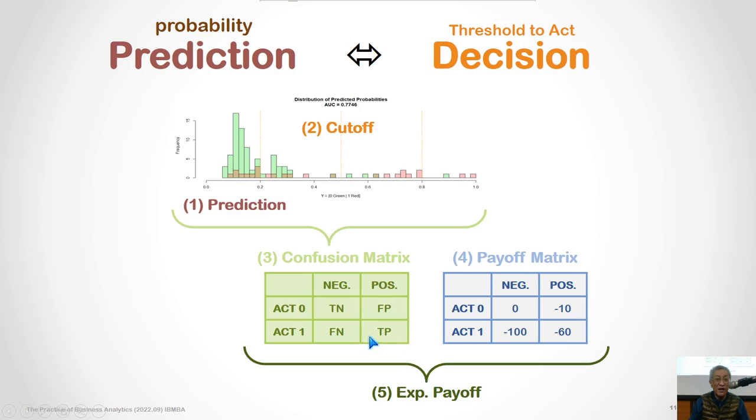Okay. So if I have a confusion matrix, I actually do not know what my expected payoff is, right? How can I calculate my expected payoff? I need to know that for each case: for the true negative, false negative, true positive, and false positive, how much payoff would I have? In the case of the diabetes data, if the actual poor care is 0, so it's good care, and let's take the